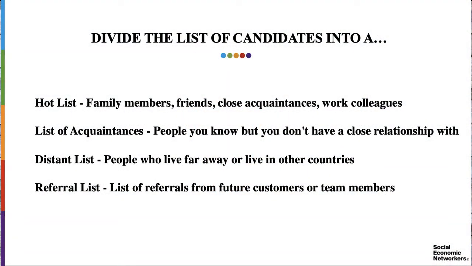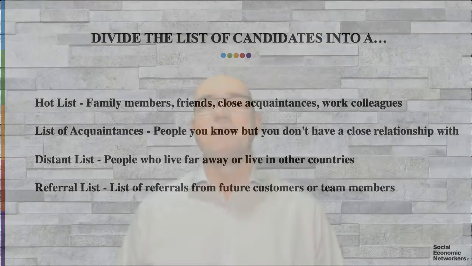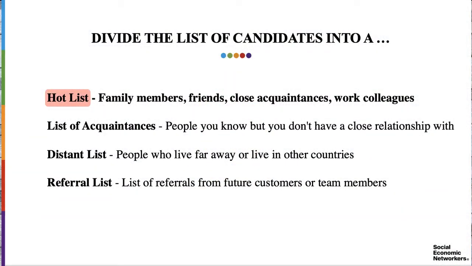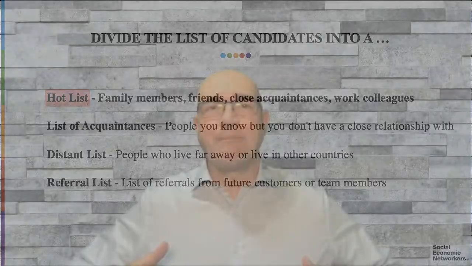It is fundamental. Why? Because there are different candidates on this list. So we will invite these candidates to an online home meeting or a presential home meeting to present the business opportunity. So the larger the list, of course, the greater the chance of having more candidates attending these first business presentations. The lists are divided into 4 lists. Now, the hot list on which our relatives, our friends, our close acquaintances, working colleagues or neighbors are listed.